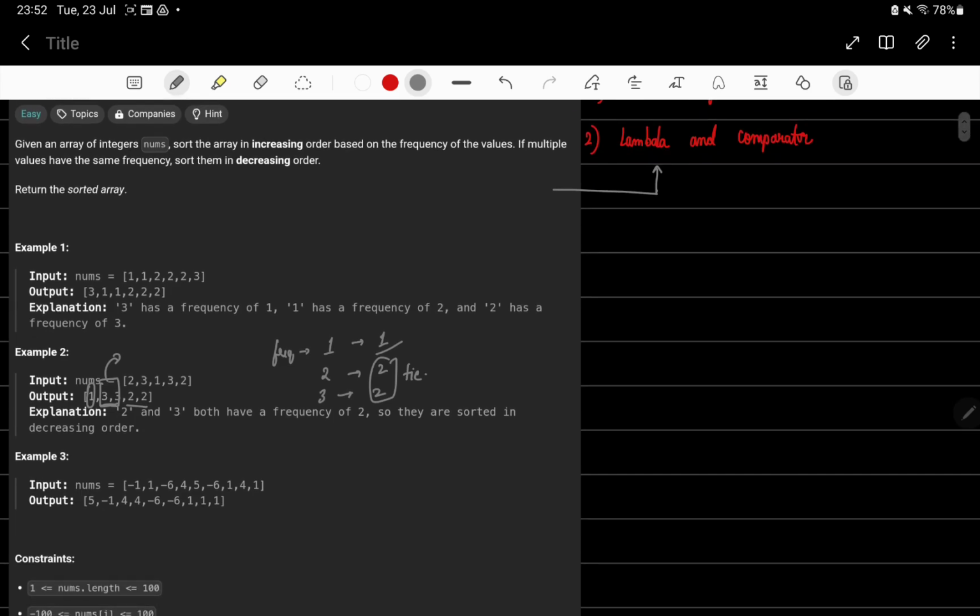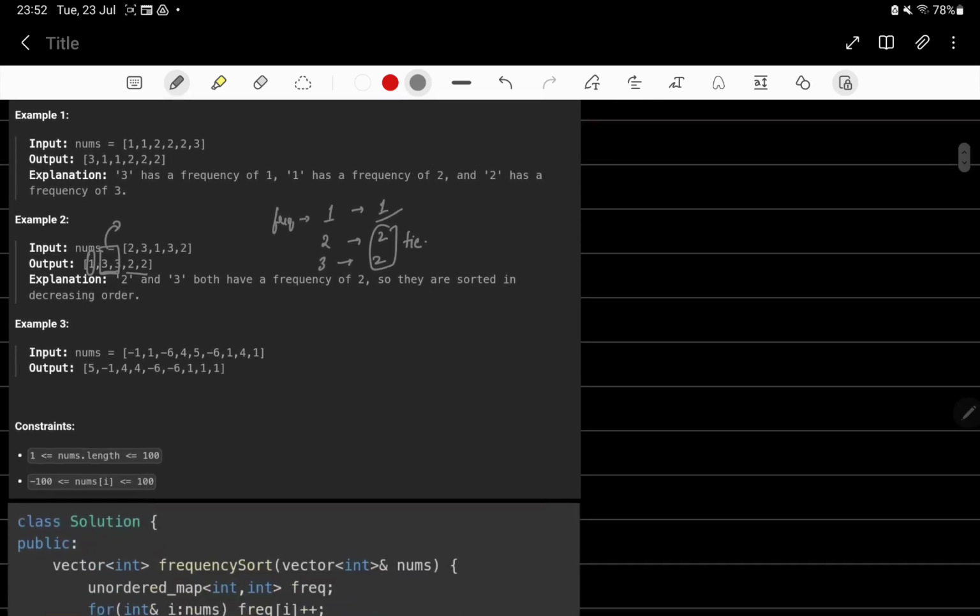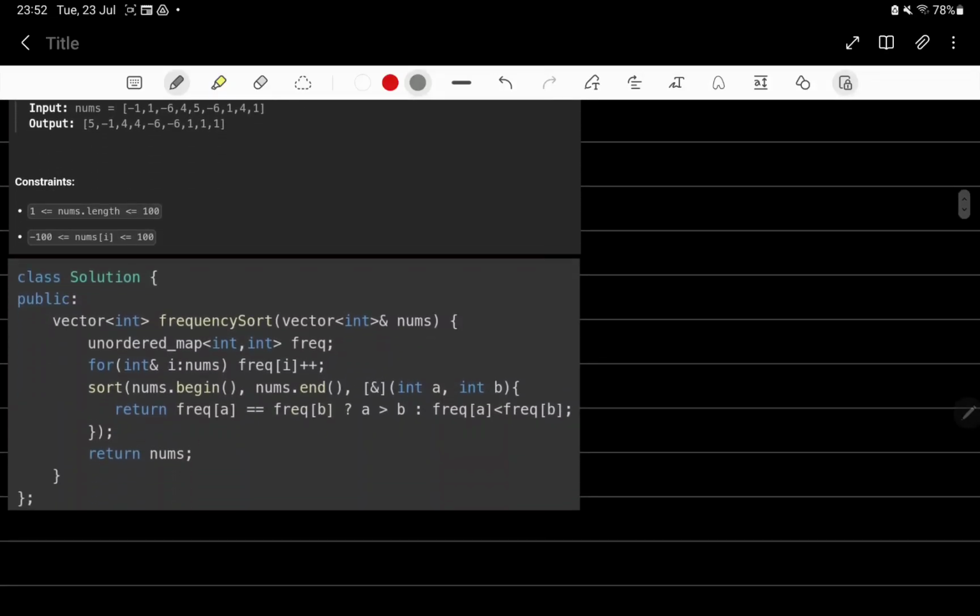So over here we can directly go to the answer and check. First we create a frequency map. Here we compute and store all the frequencies. Now this is where the main thing happens, where the rearranging happens. We are passing by reference